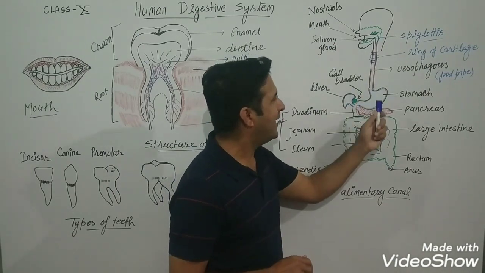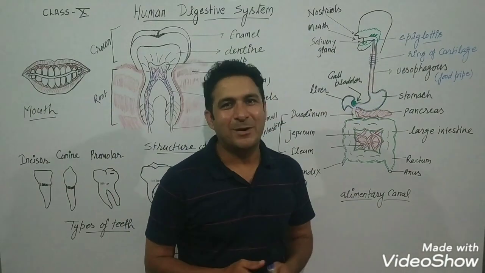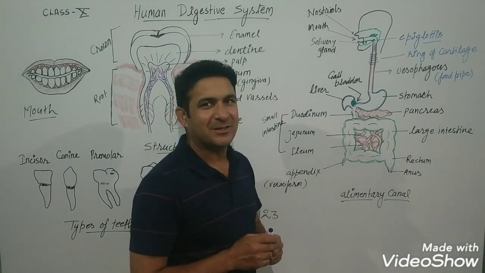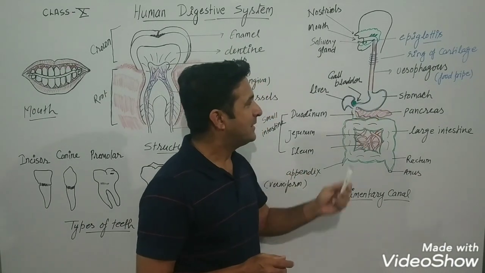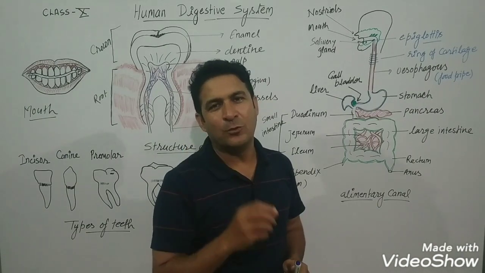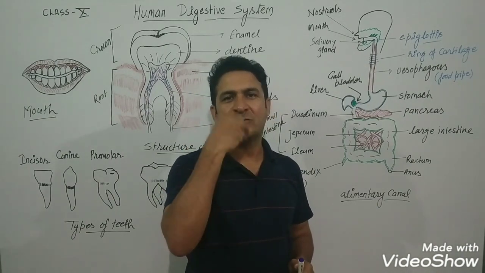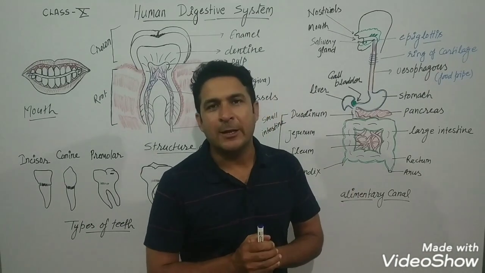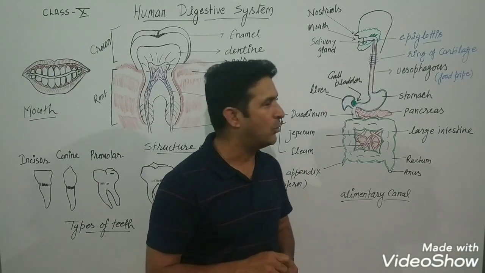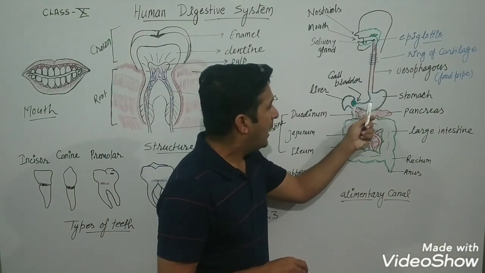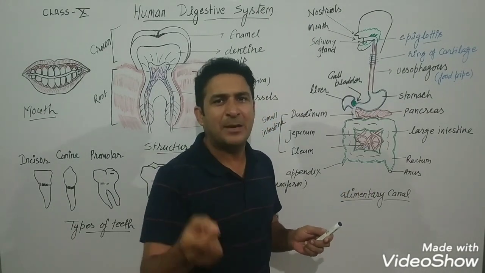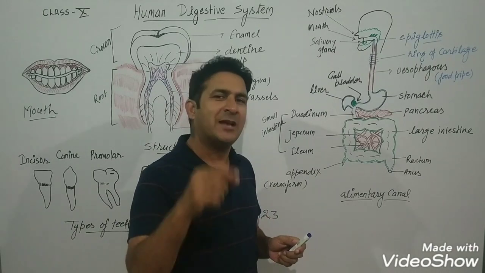Okay. After that we will discuss the stomach. You can see the stomach has a J-like structure. The stomach is a pouch-like structure which can hold the food that comes through the mouth and esophagus. Food can be stored here for some time, from 2 to 3 hours to 6 to 8 hours. Digestion also starts from here. The chemical digestion by enzymic function I will teach you after this.